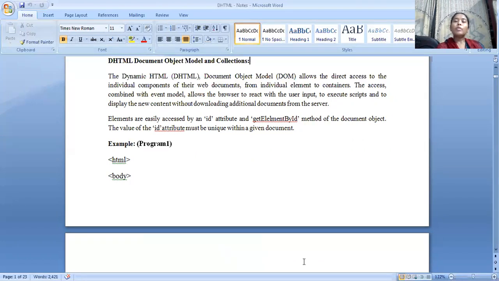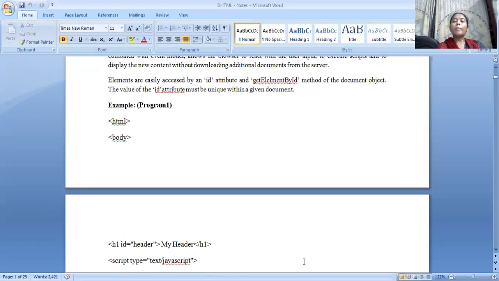By using the id attribute and a particular method, I can use a method called getElementById. So by using an attribute and some predefined methods, we can retrieve the data with the help of the browser, and the user can interact according to his wish.